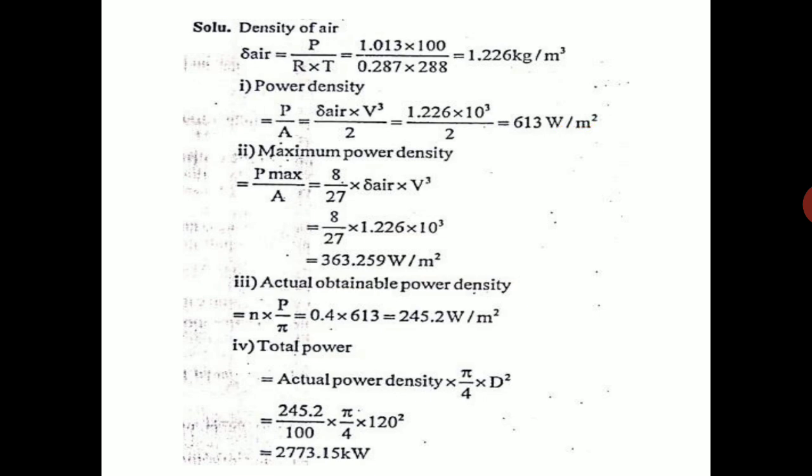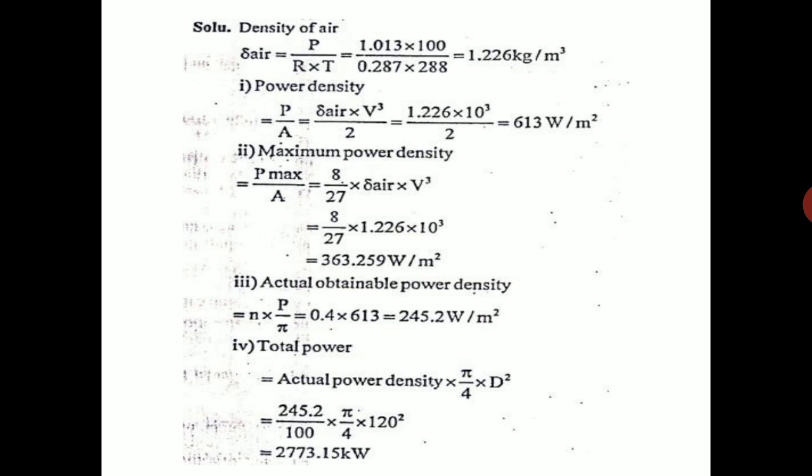So what is the total power which you can develop? The wind characteristics are given as temperature is 15 degrees centigrade, and the wind velocity is 10 meters per second. Now solving, first we will find out the density of air. Okay, density of air is equal to